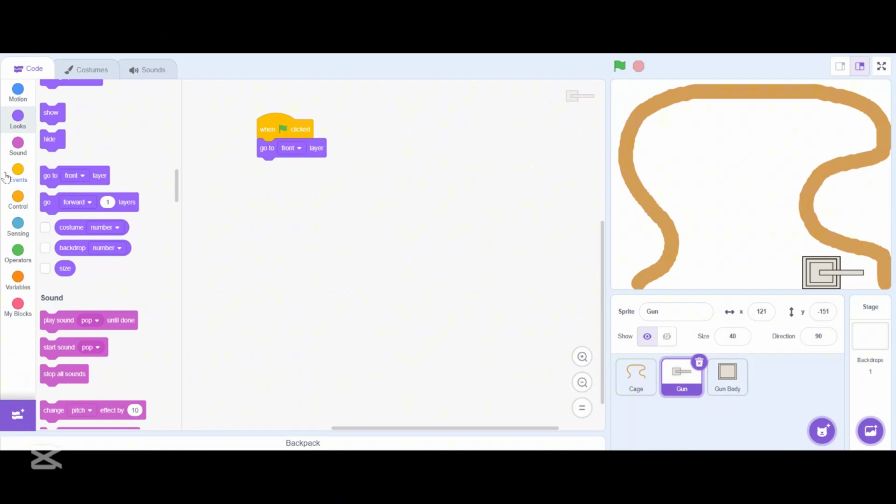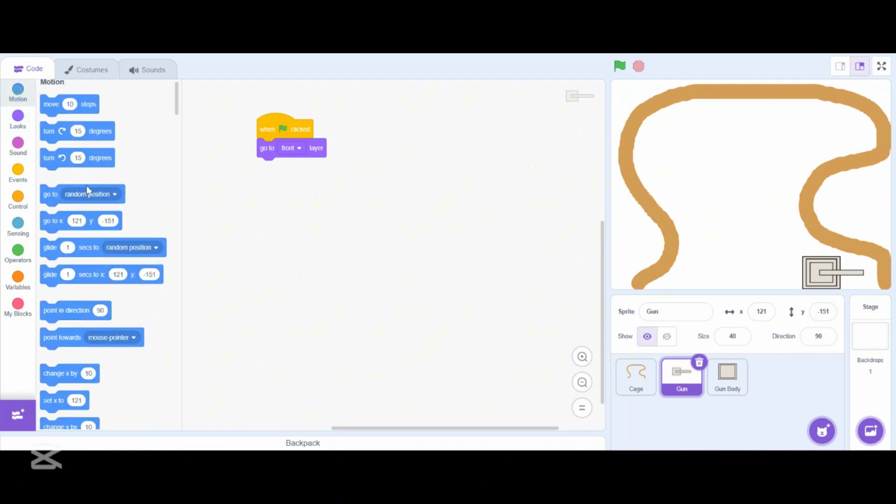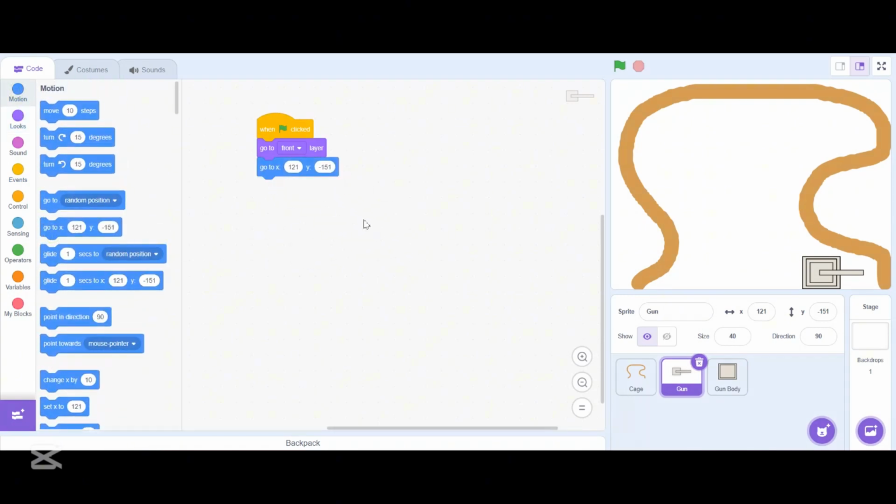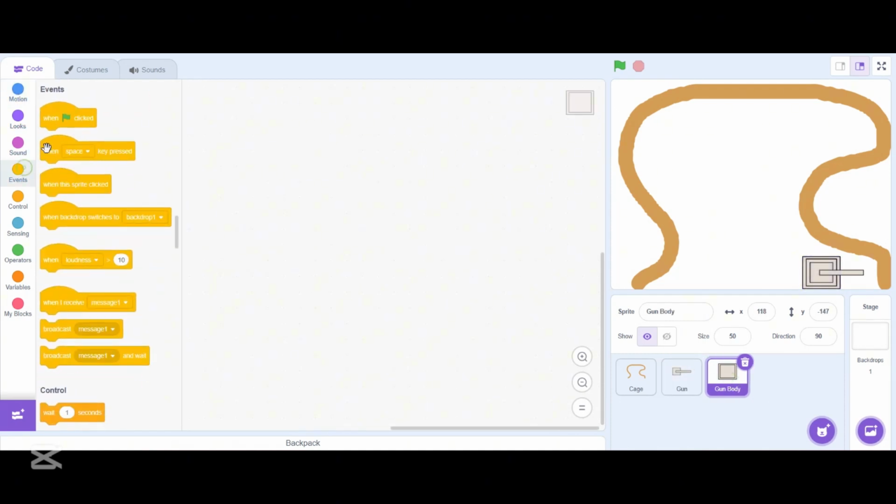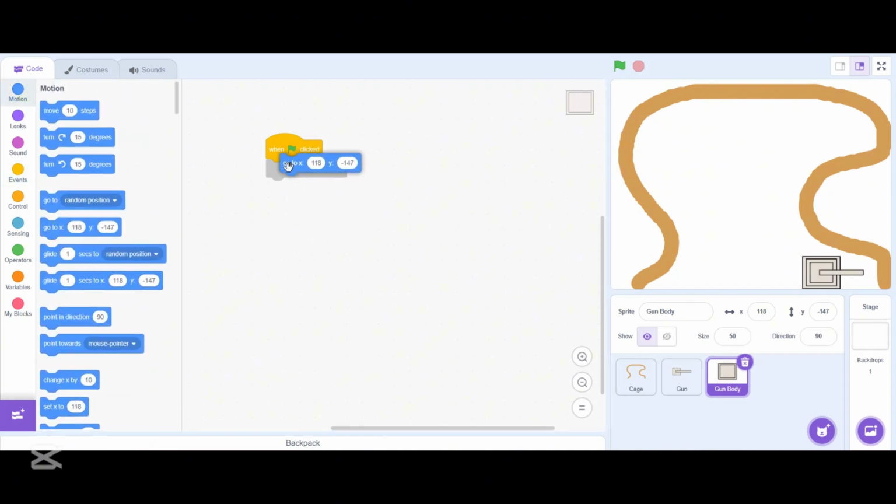For that let's go to the motion menu and take the go to XY block like this, and whenever we drag it elsewhere, if you click on the green flag, it will come back to its original position. Now let's click on the gun body and repeat the similar process. Click on the events menu, drag a when green flag clicked block. After that, go to the motion menu and drag a go to XY block,